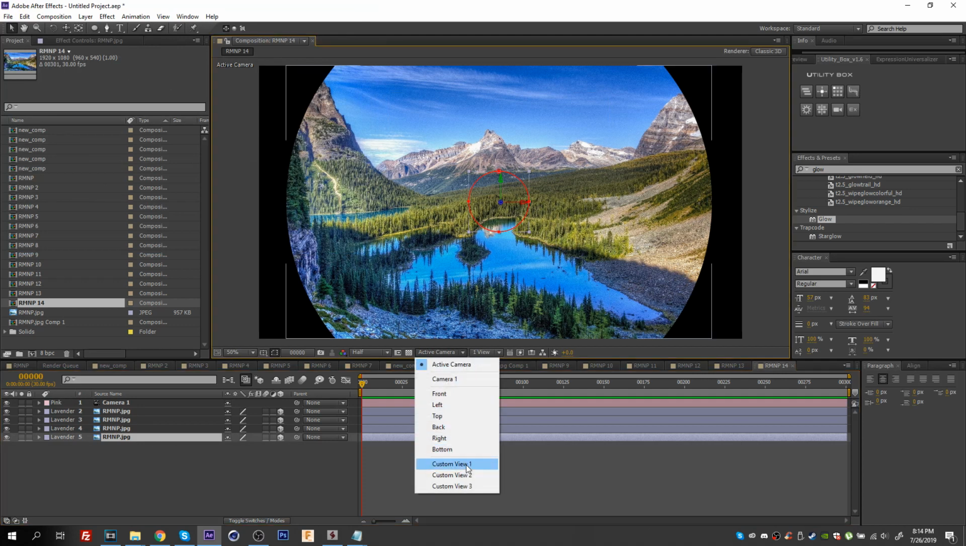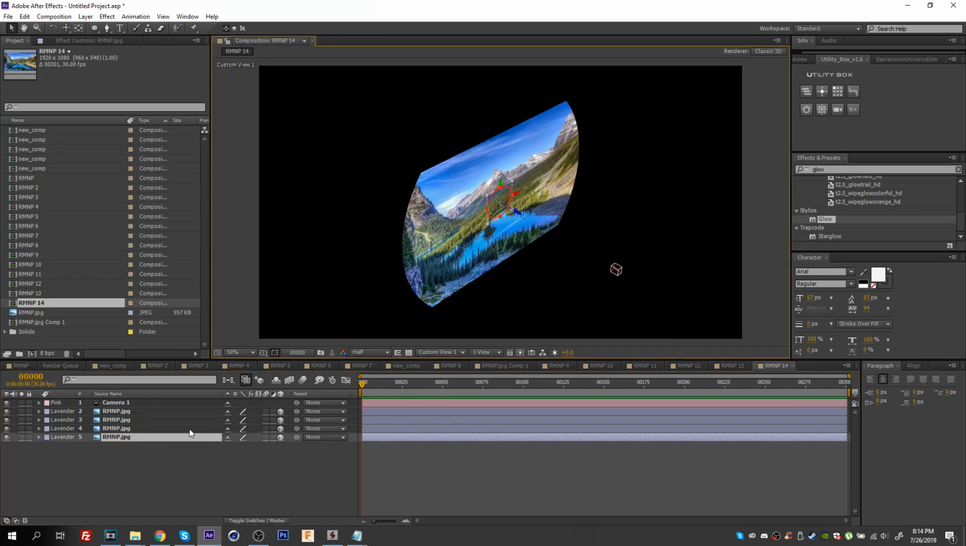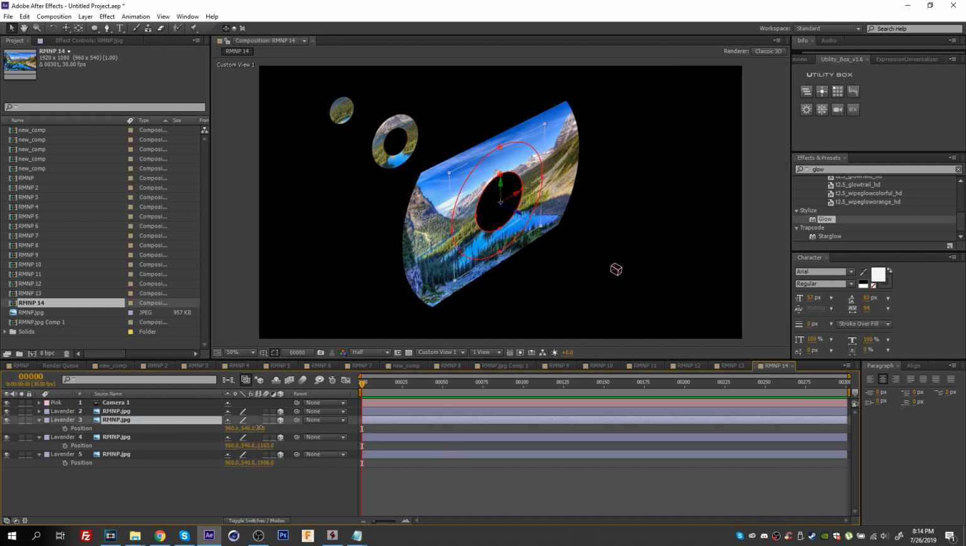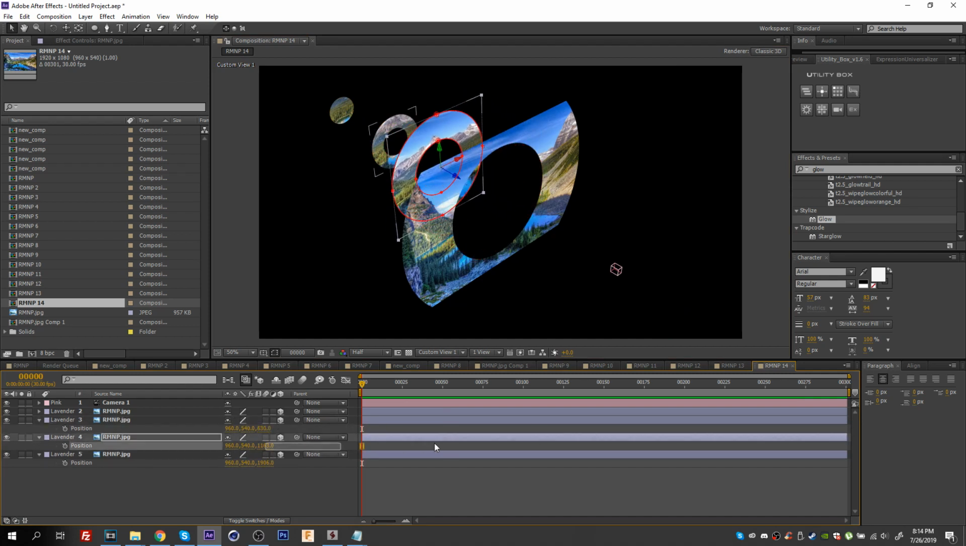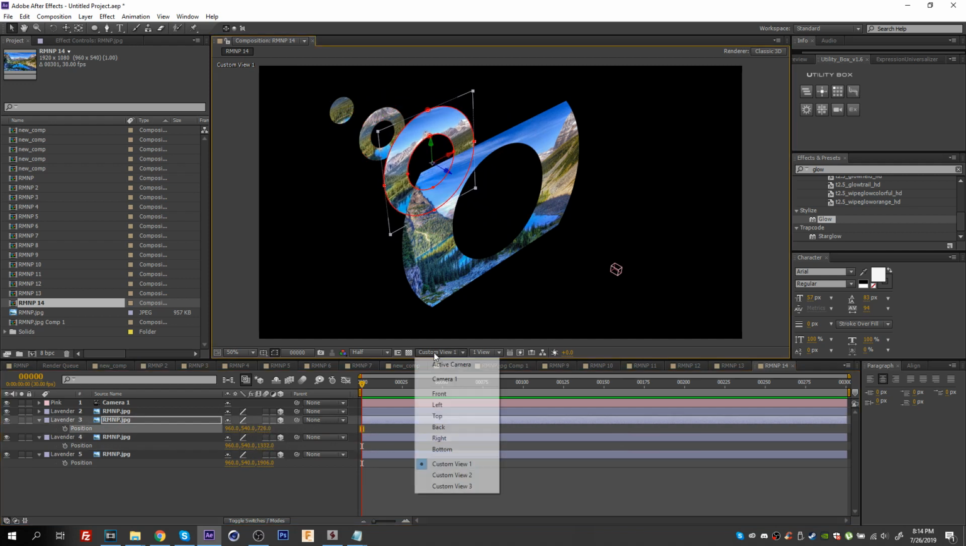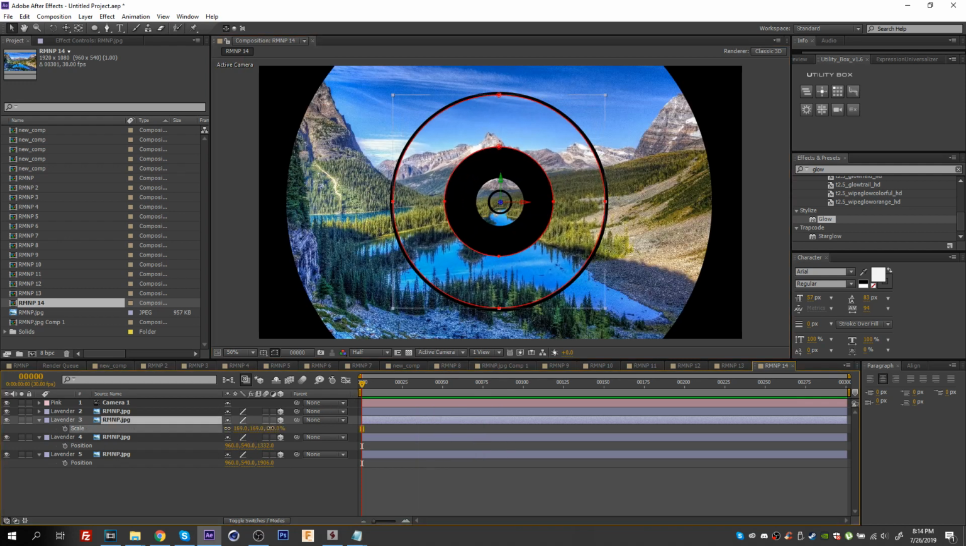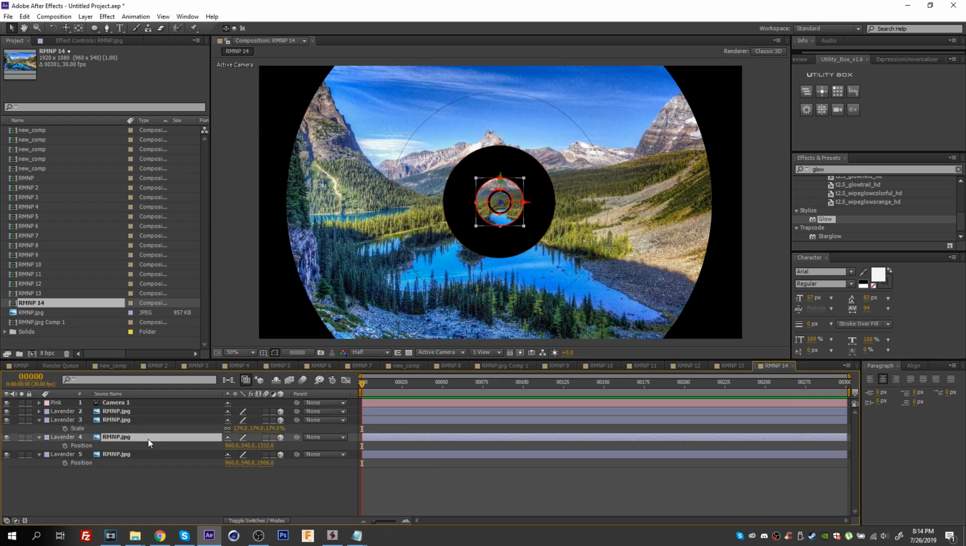So if I go to my custom view, I can press P for position, and I will start pushing these layers in Z. Alright, and try your best to keep an even distance between these layers. And then if you go back to your active camera, now you would have to scale all of these layers and fill in the gaps here. So scale this layer,